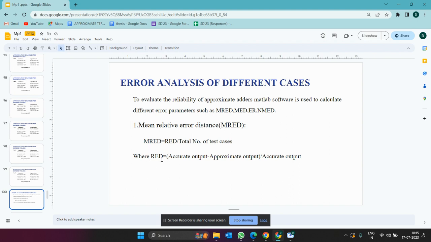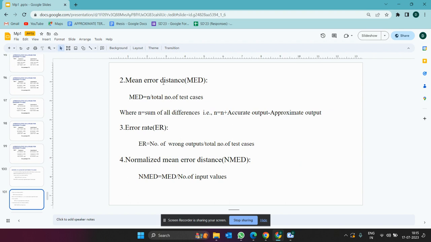Relative error distance is the accurate output minus approximate output by accurate output. If we divide by the total cases, we get the mean relative error distance. And these are the remaining parameters, that is, mean error distance, that is n by total number of cases, where n is the sum of all differences,